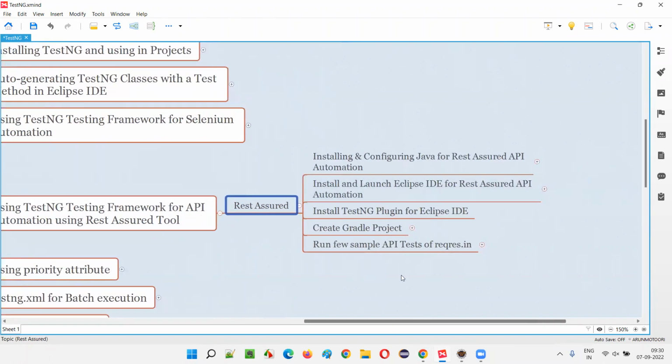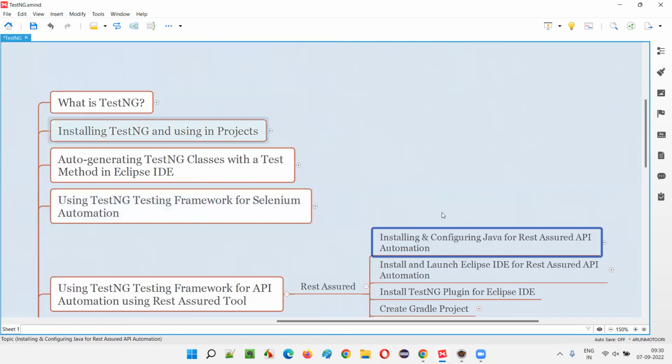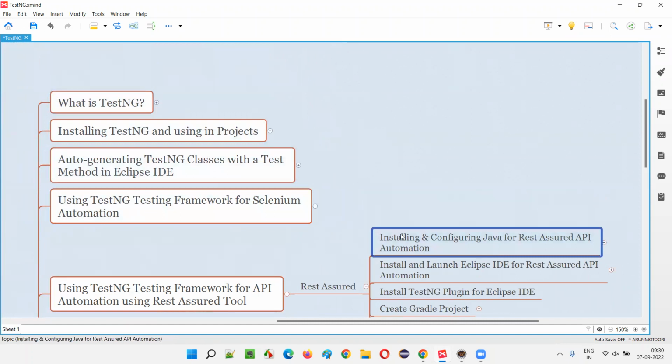For this, guys, we first have to install and configure Java for REST Assured API automation. This we have already done. No matter what you have installed and configured Java for, it is the same: for Selenium it's the same, for REST Assured it's the same. If you have gone through the previous sessions, I have already installed and configured Java. Just to confirm whether Java is successfully installed and configured,